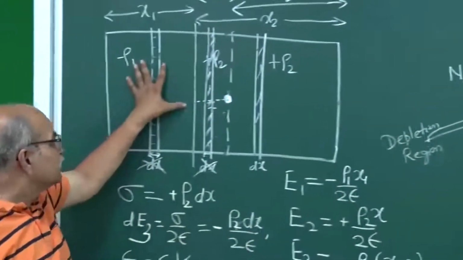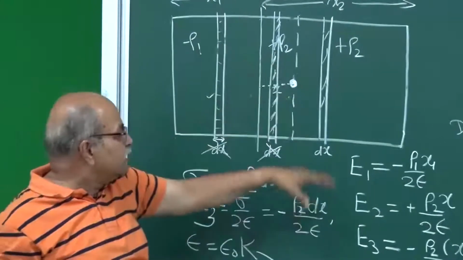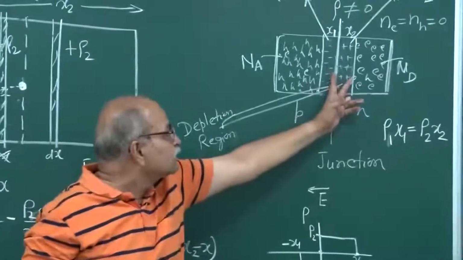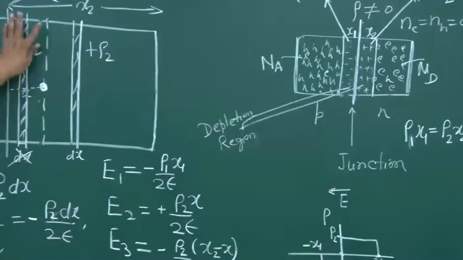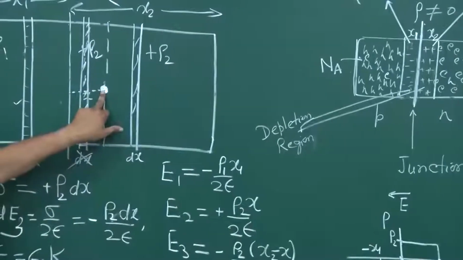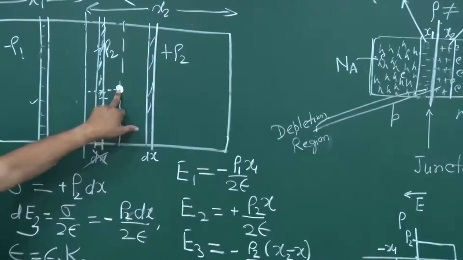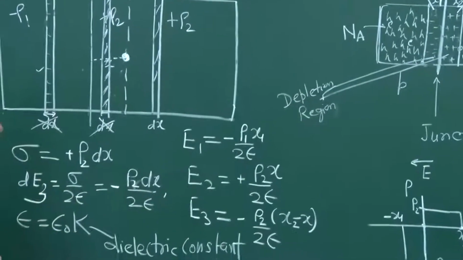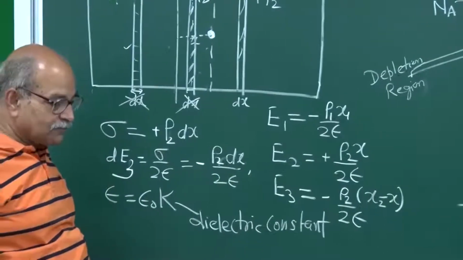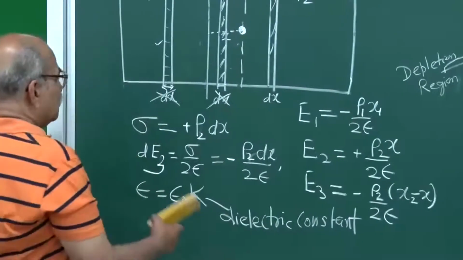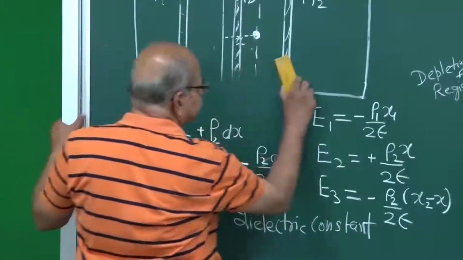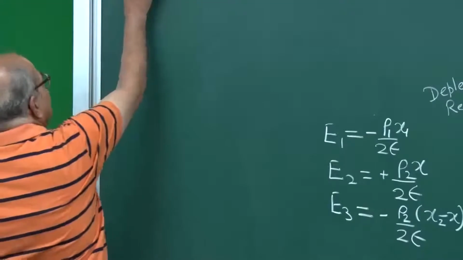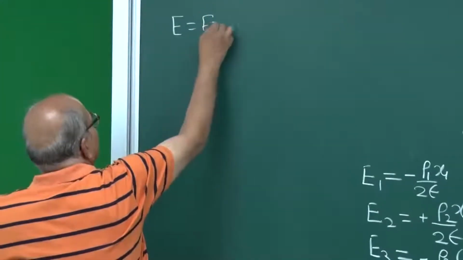Because of this, E2 is from the other side of the depletion region, but only from the part which is left of the point where I am calculating the electric field, and E3 is the electric field due to the rest of the system. So this is the thing. Now you calculate what the total is. The total electric field will be E1 plus E2 plus E3,